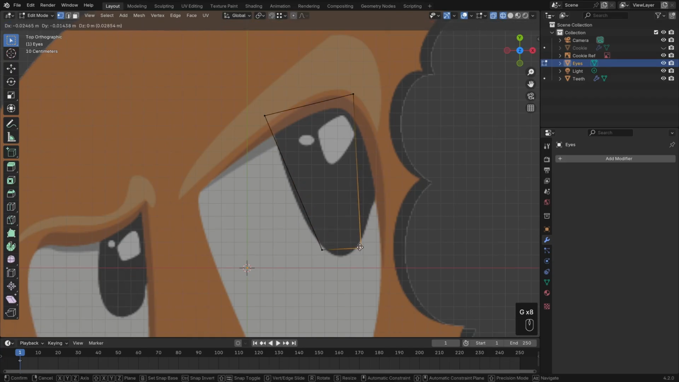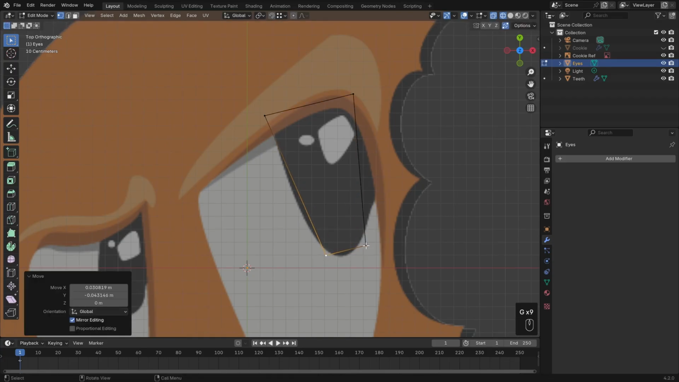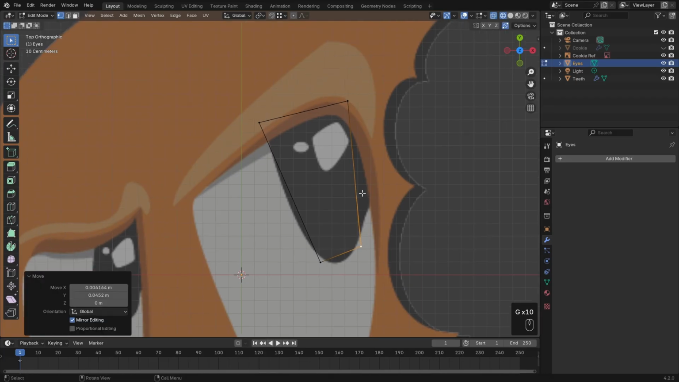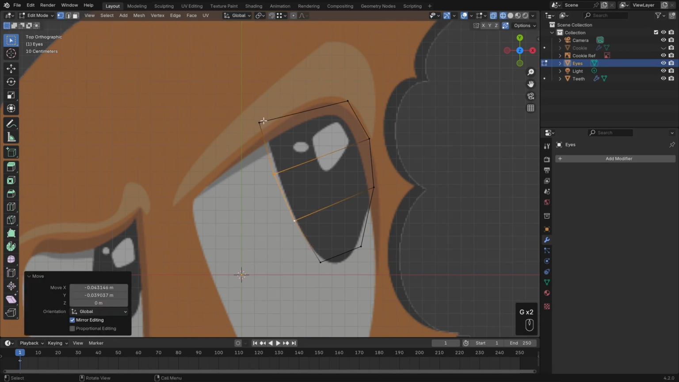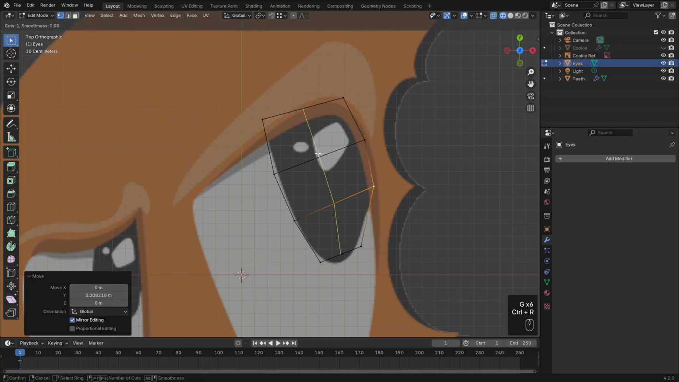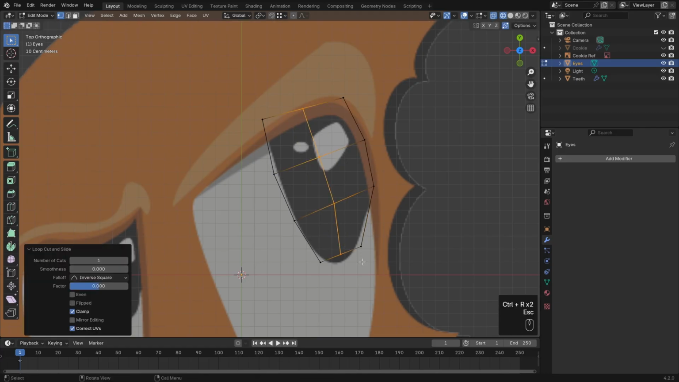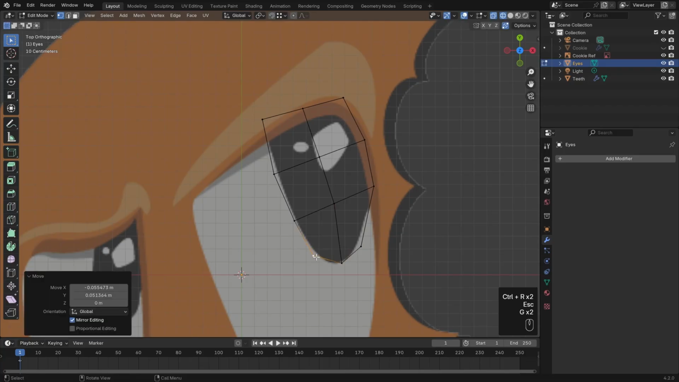Let's see, though I may as well mimic the same shape that we made for the eye in the cookie itself. Add a couple edge loops in the middle, pull this out. I'm also doing this kind of fast because I think you kind of get the idea already. I don't think I'm showing you anything new from here on out, but I'll add one edge loop here in the middle, pull this down,